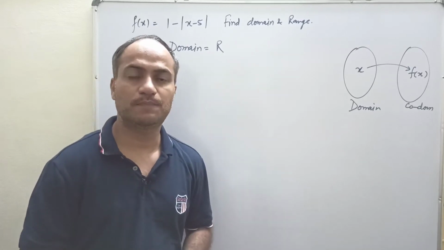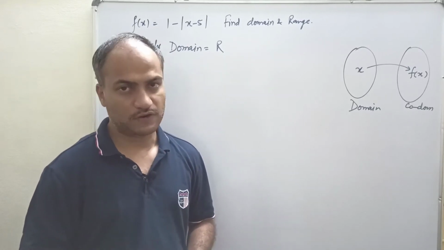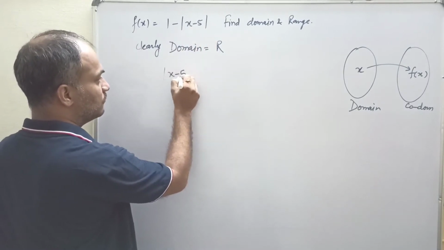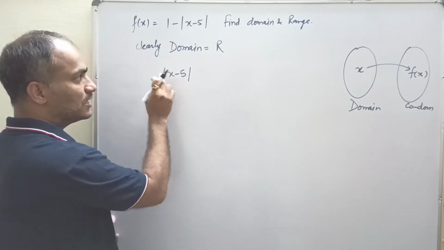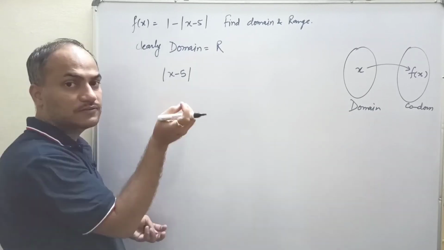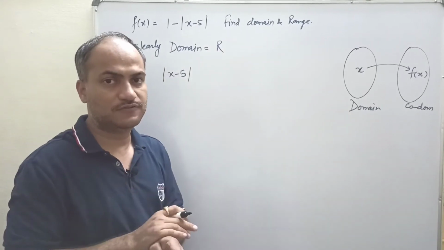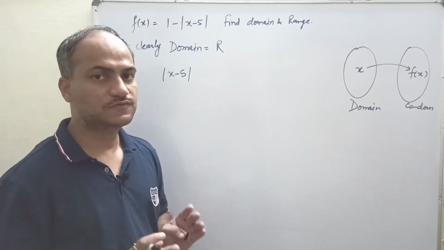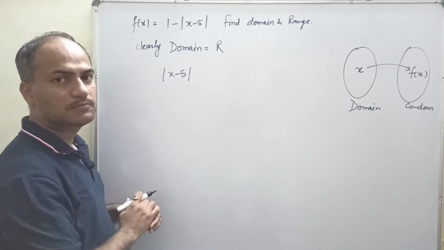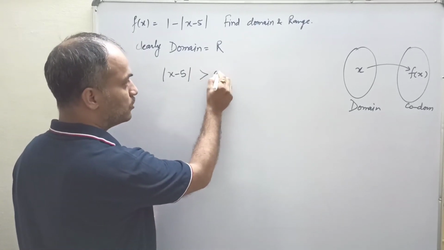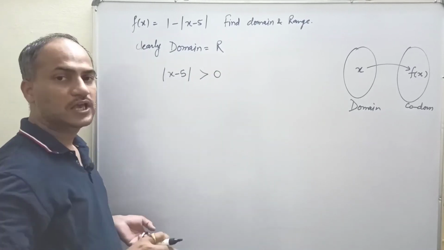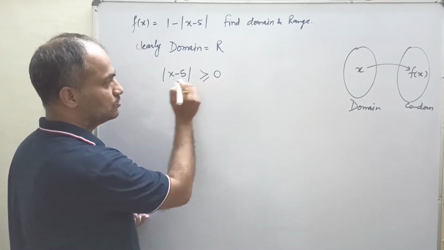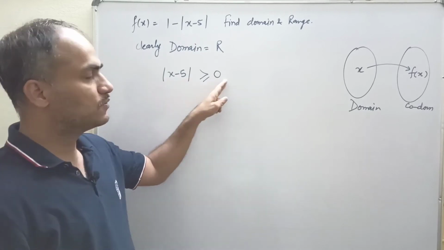So certain logic we have to apply to find the range of functions. Let us see. We know that in |x minus 5|, we are putting any real number value here. From that real number value we are subtracting 5 and then we are taking the modulus. So whatever it comes, it will be a positive value. That is by the definition of the modulus. There may be a condition that if we put x equal to 5, then what happens? This can be 0 also. So this value is greater than or equal to 0.